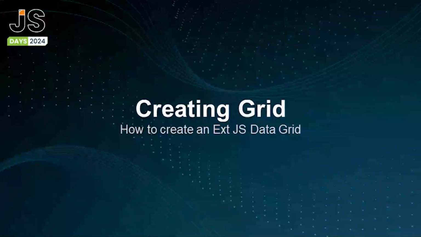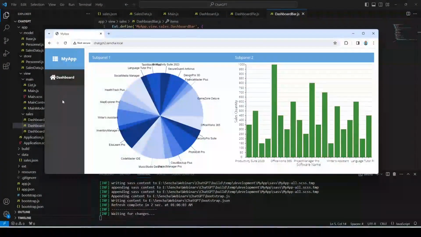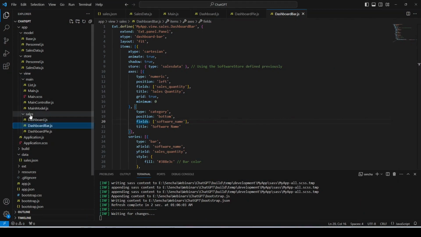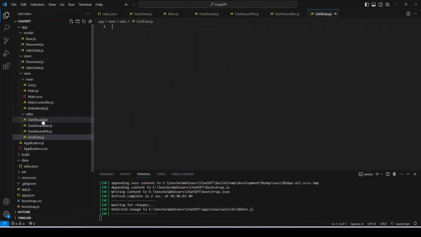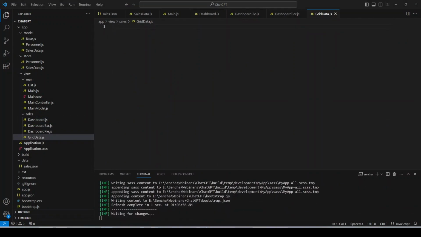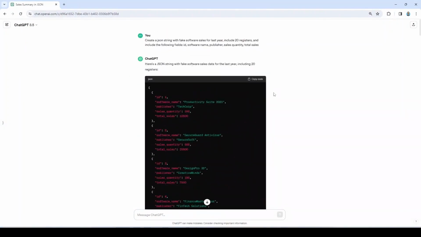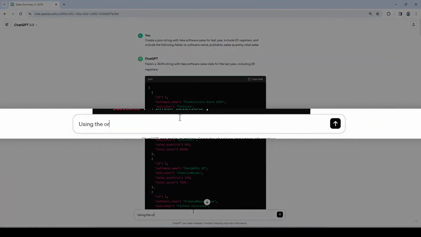Now I'm gonna create a new tab, and inside of that one, I'm gonna add a grid with all the data from that JSON. So I'm gonna create that file. I'm gonna call it grid data.js, and I'm gonna go back to ChatGPT. And here I'm just gonna say, using the original JSON, create an ExtJS grid. Using the previous